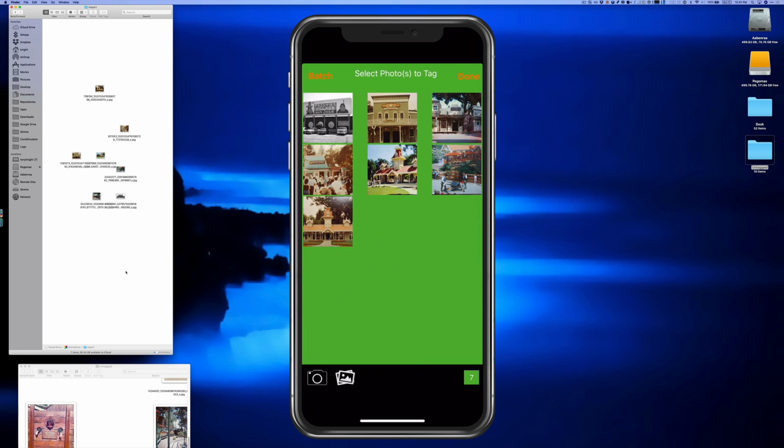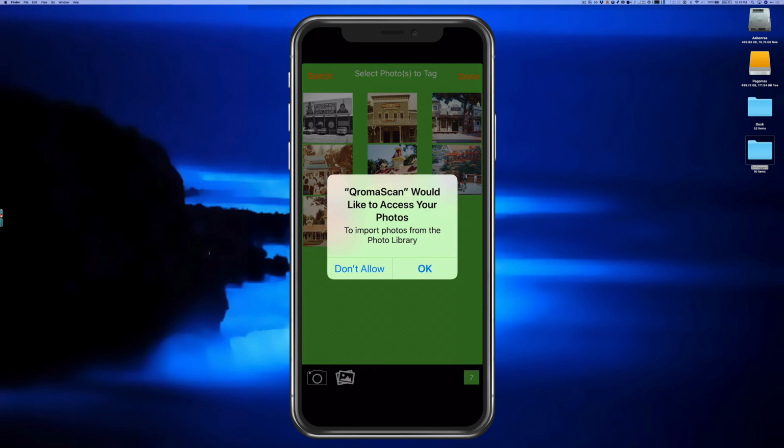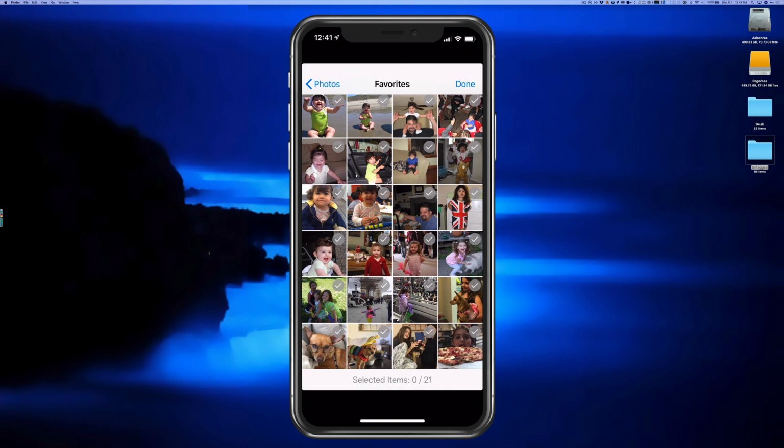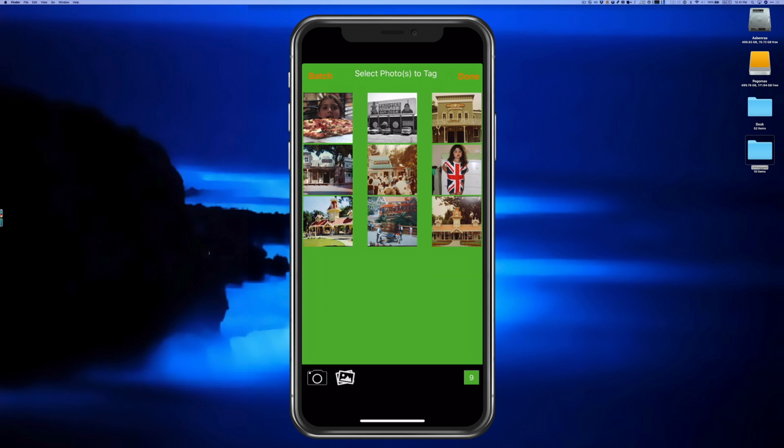There are a couple of other ways to get images into the import folder outside of using the cloud services. First, you can use this album icon to import images from your camera roll. Just grant access to your camera roll and then tap on each image you want to bring in, and then tap on the Done button. This will bring a copy of each image from your camera roll into the import folder and then make it